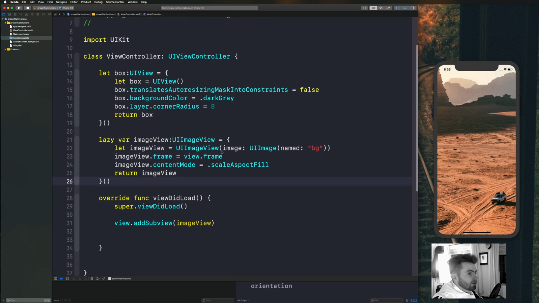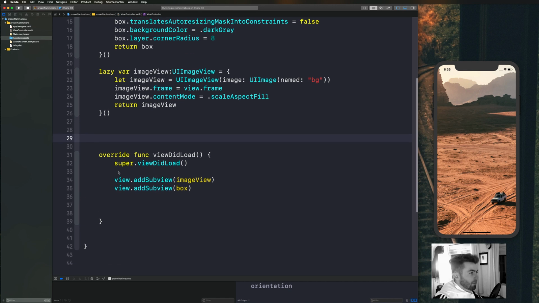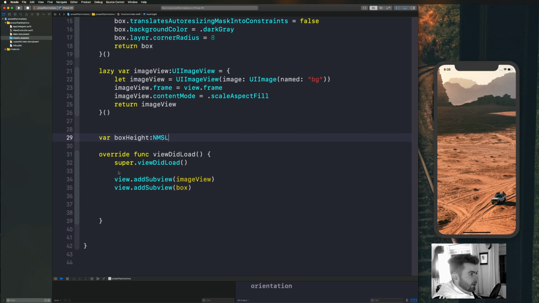All right, anyway, what we're going to do now is put the box on the screen and constrain it a bit. So we'll say view.addSubview box, and then box.heightAnchor.constraint. And here's what we're going to do. We're going to give them names so we can modify them later. So we'll say var boxHeight is of type NSLayoutConstraint, with an exclamation point. And then down here, let's say boxHeight is equal to